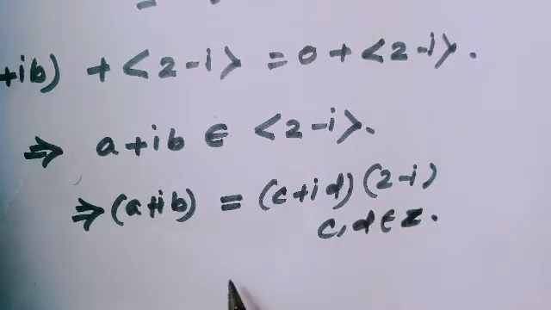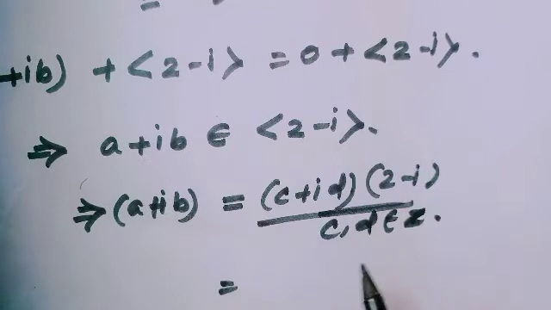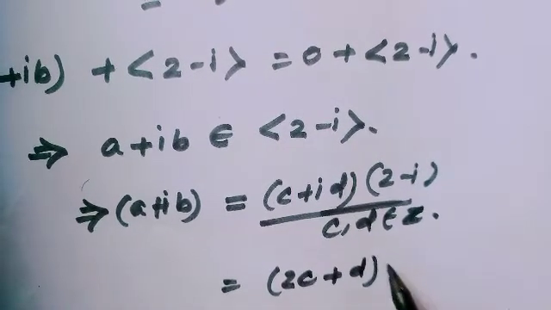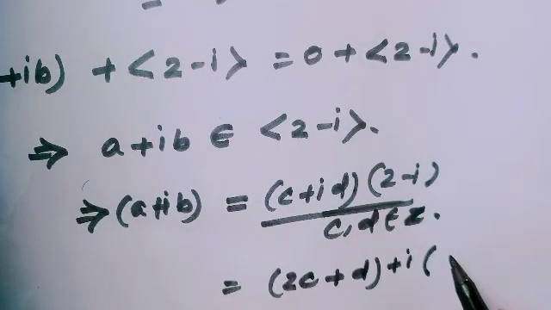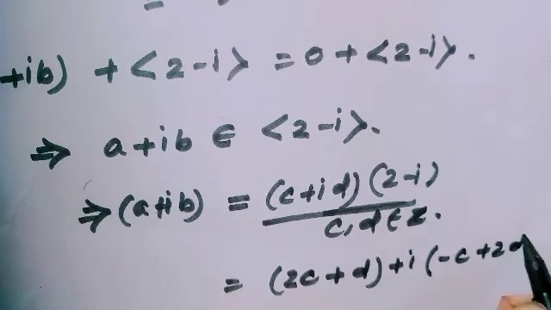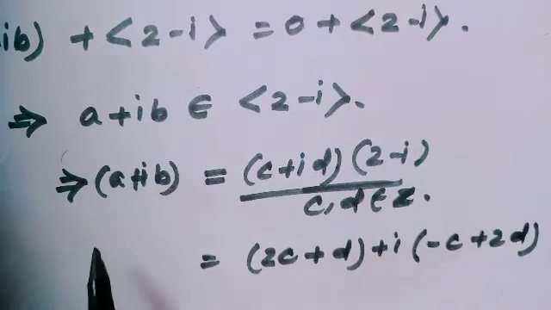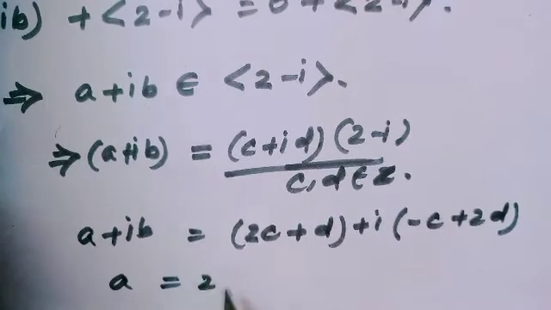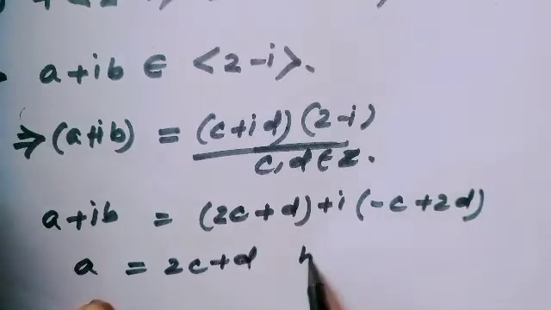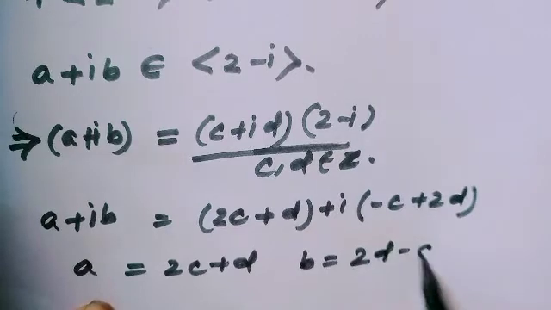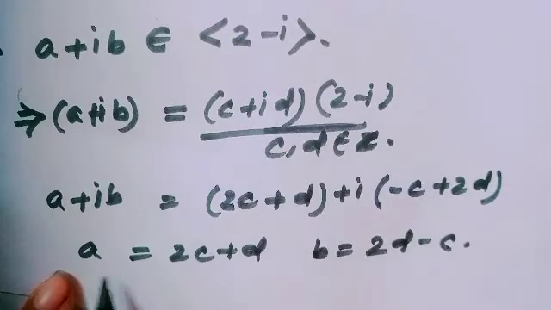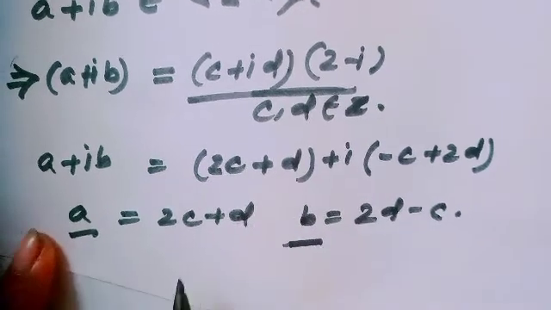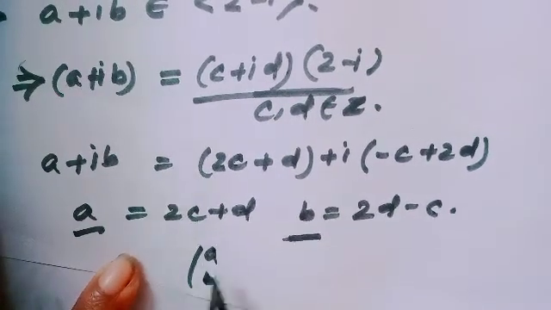If we multiply this out, then this would be 2C plus D plus i times minus C plus 2D. Okay? And by equating, A equals 2C plus D and B equals 2D minus C. If we think of this as a vector, then obviously the vector AB equals